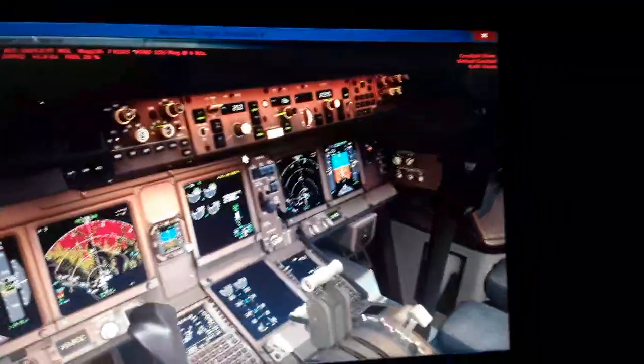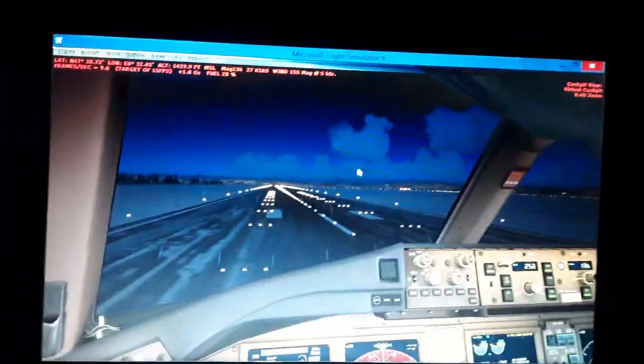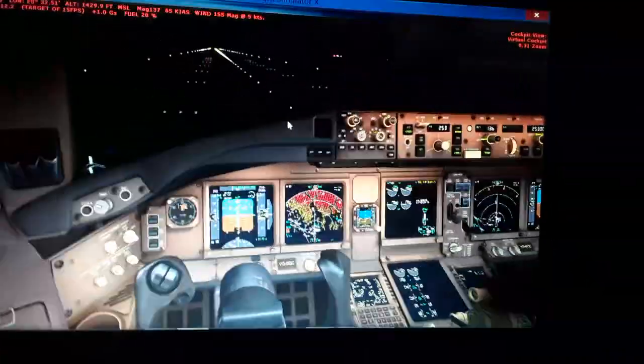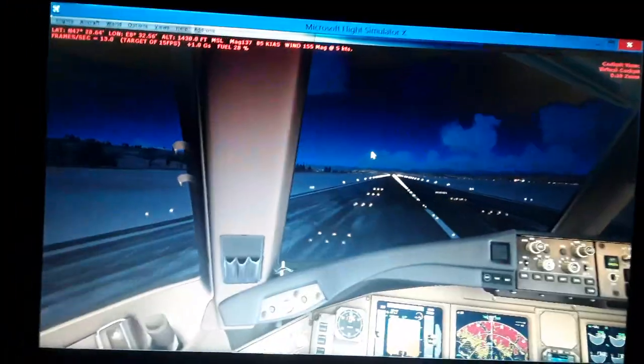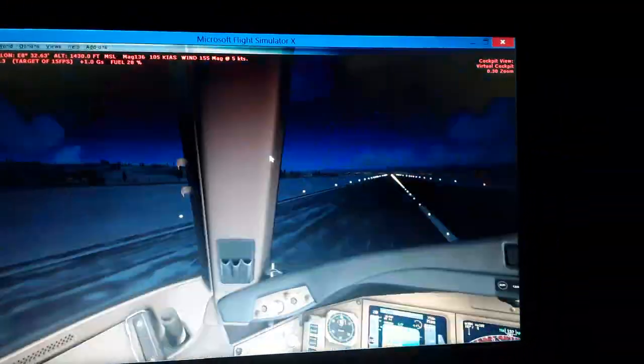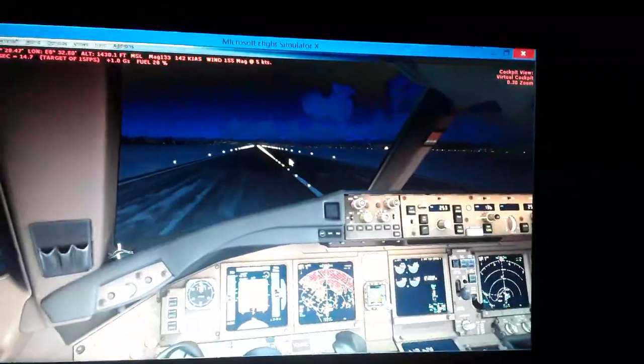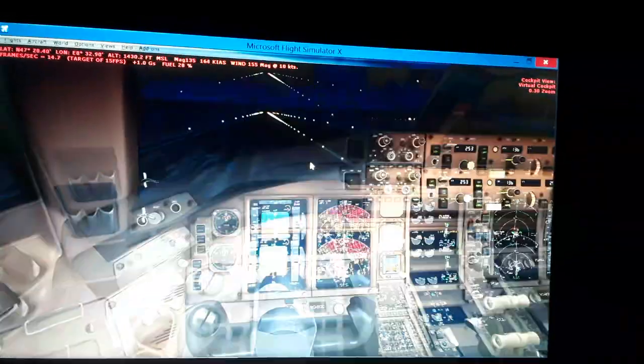So if we look outside where we are right now and where we're going, so we are ready for takeoff. We only have the warning for the parking brakes, disarm the parking brakes and go. So we have 90 knots, 100 knots, align with the rudder pedals. V1, we rotate,